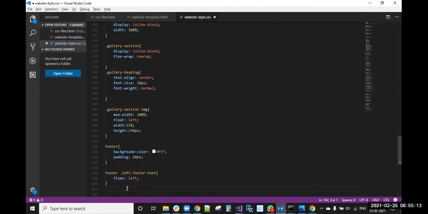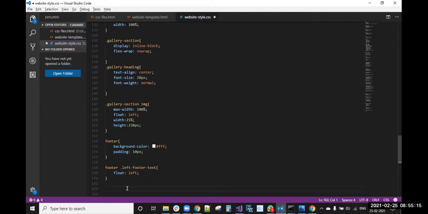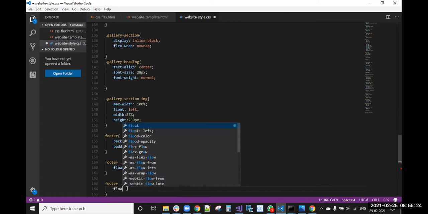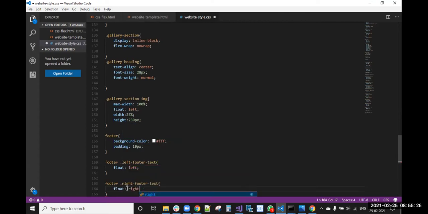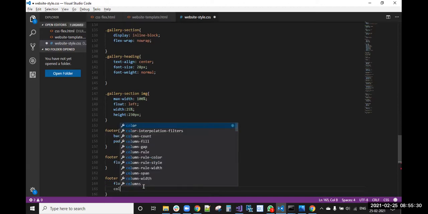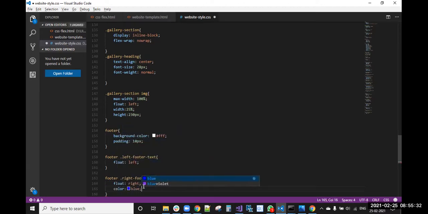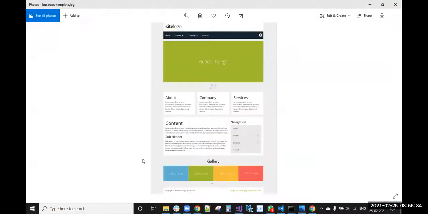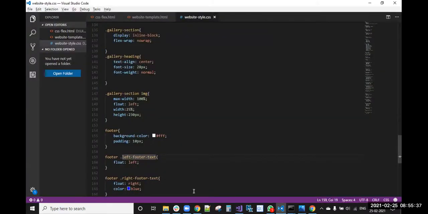Then the same for the right footer, float right. Then this color should be different, like blue color, and this color black color, will be on the right.